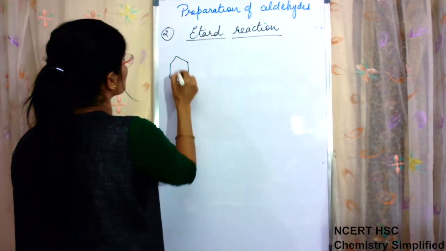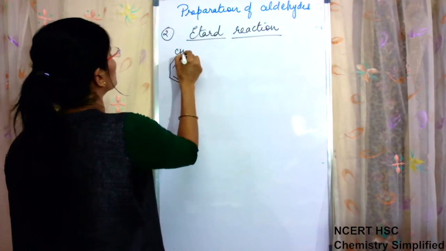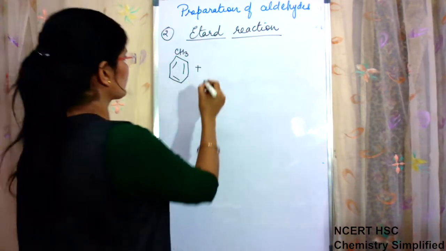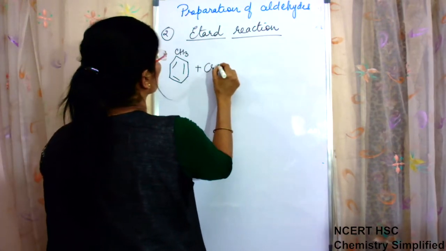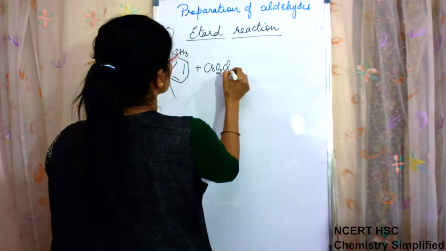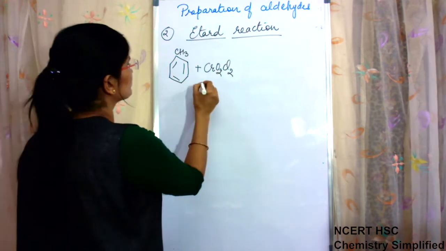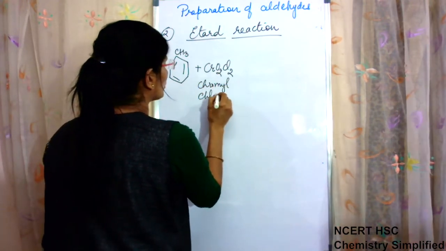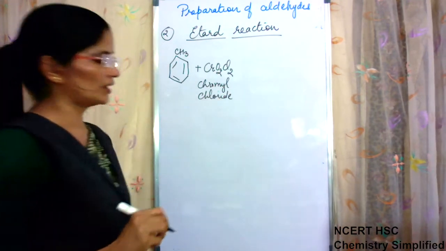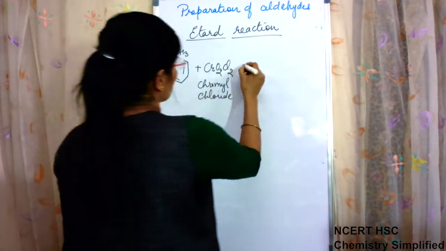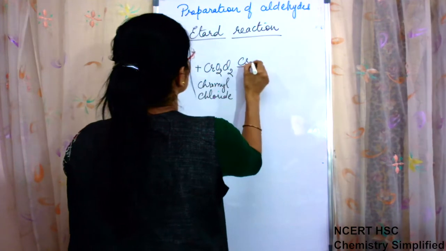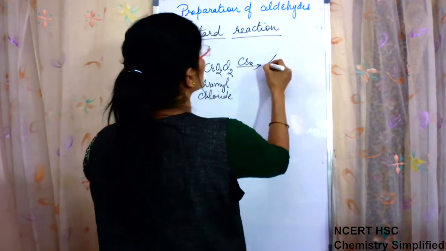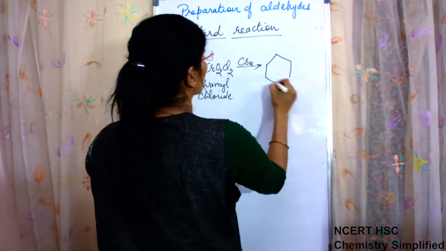When methyl benzene or toluene is made to react with chromyl chloride, CrO2Cl2, okay, with chromyl chloride in presence of CS2, carbon disulfide, then in first step